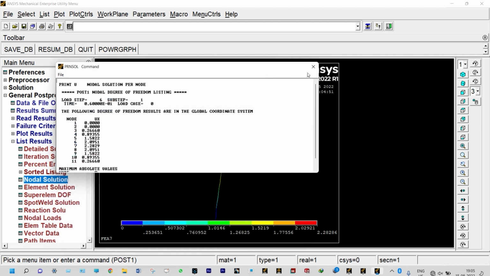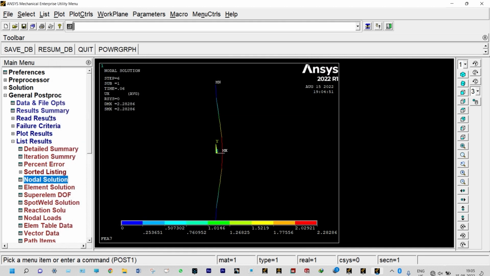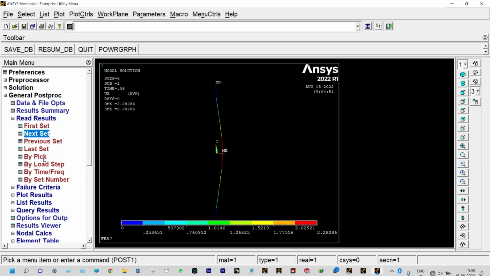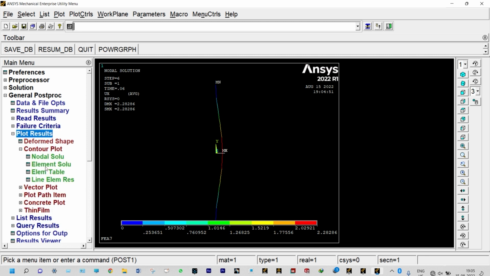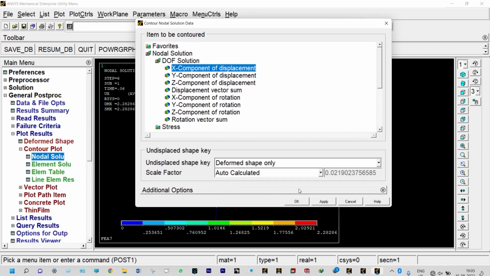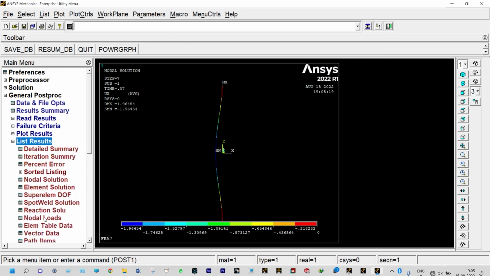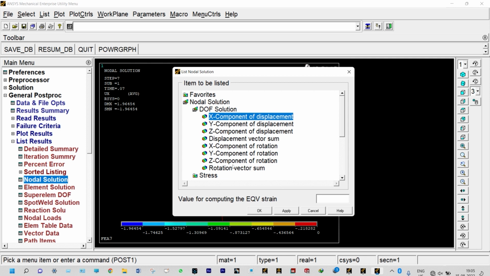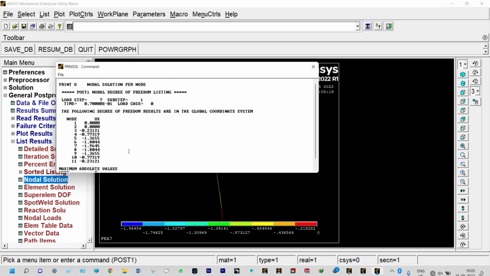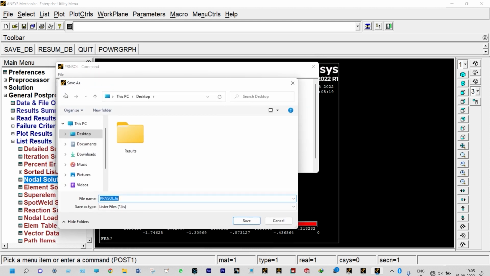Okay, close it. Next one is results, next set, plot results, nodal solution, x component of displacement, done. Again we're going to see the same thing with listing results. So nodal solution, x component of displacement, it is load step number 7, so we can save it as file number 7,